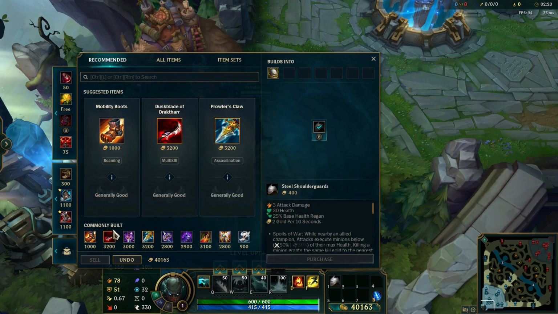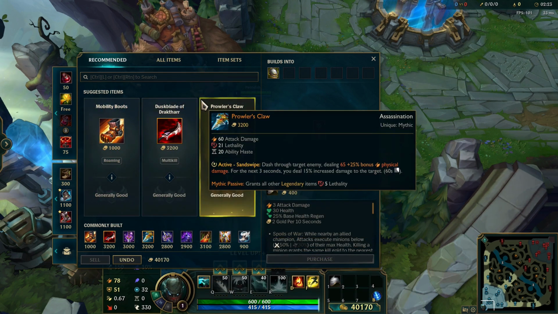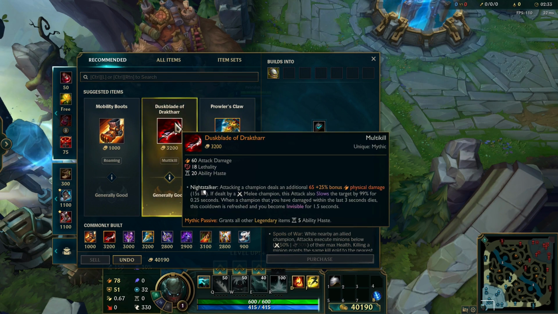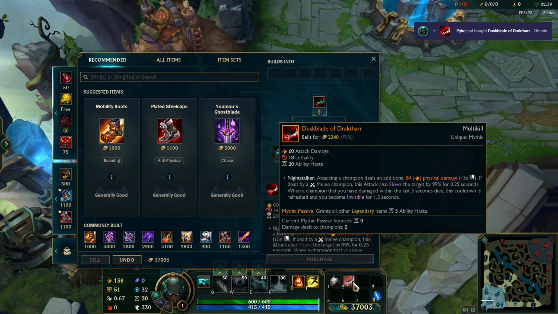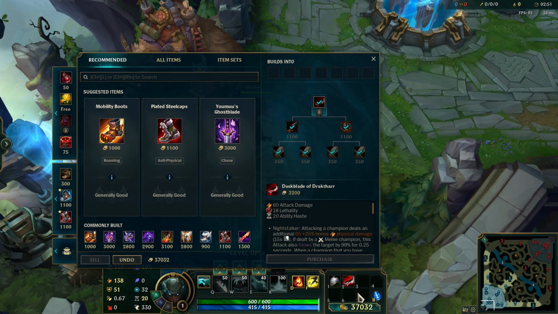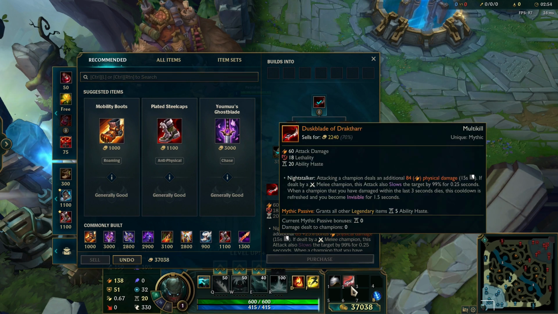Then, here it is, recommended items. The first item you will want to build is, 80% of the time, Duskblade, because first off you need to build AD and lethality. So Duskblade allows you to do this really well, and its mythic passive grants you ability haste. So you will be able to spam your abilities more often, which on support works really nice. Plus you get that bonus damage and you're invisible,